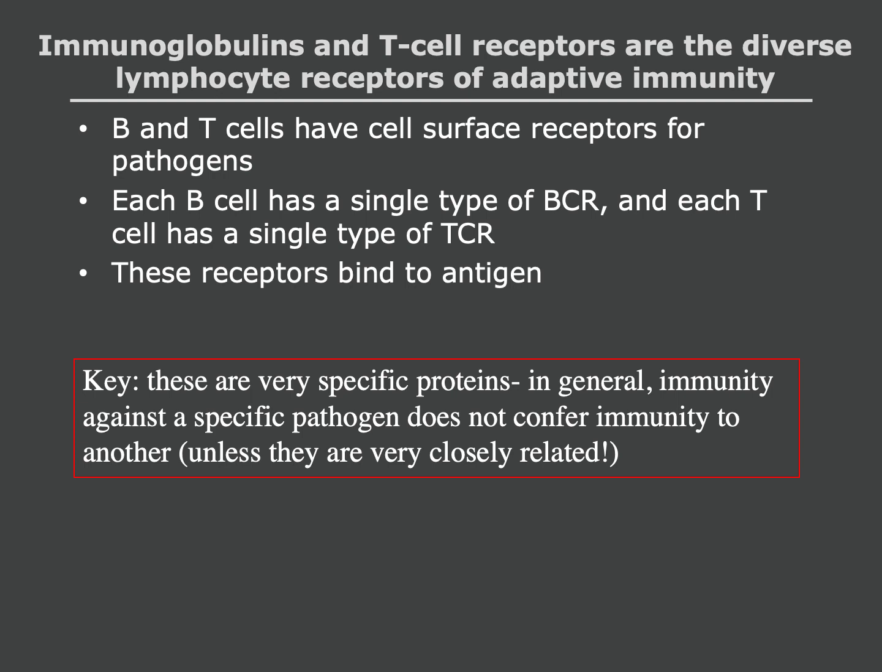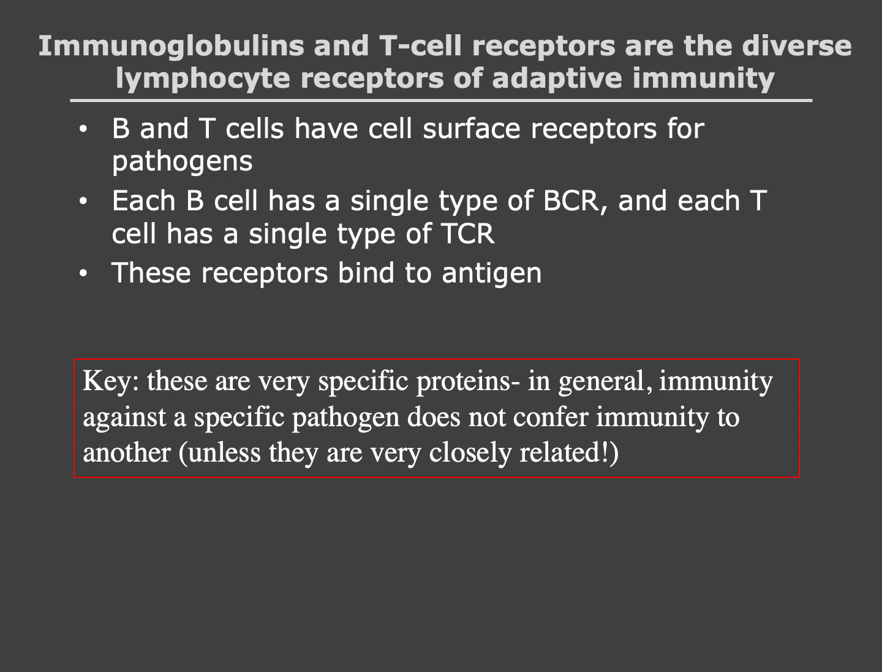Each B cell has a single type of BCR, and BCR is just short for B cell receptor, and each T cell has a single type of TCR, which means T cell receptor, okay? And these receptors bind to antigen. The key here is that these are very specific proteins, okay? So in general, immunity against a specific pathogen doesn't confer immunity to another, unless they're really, really closely related,